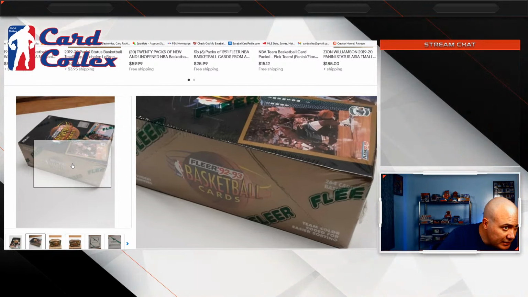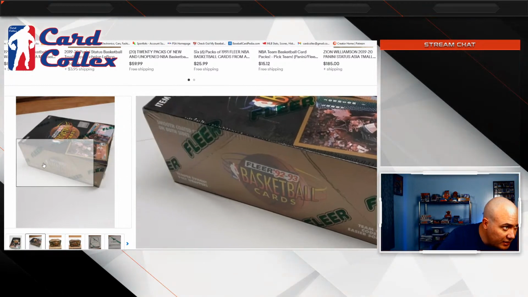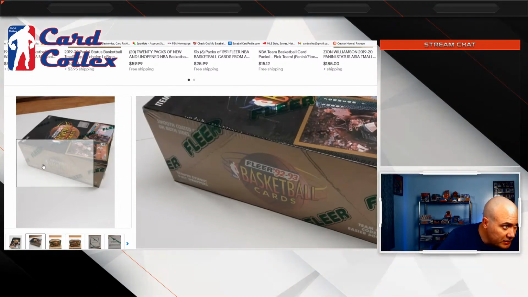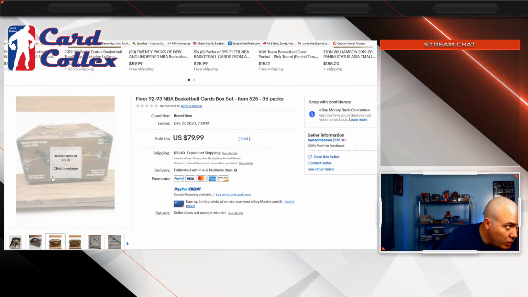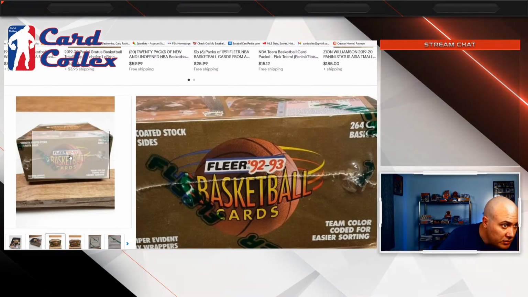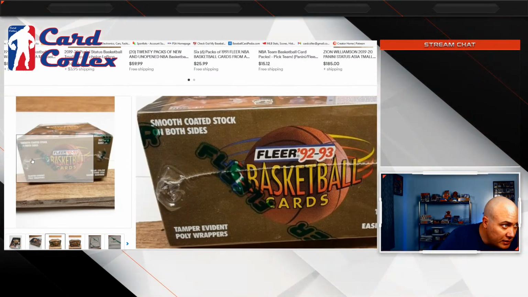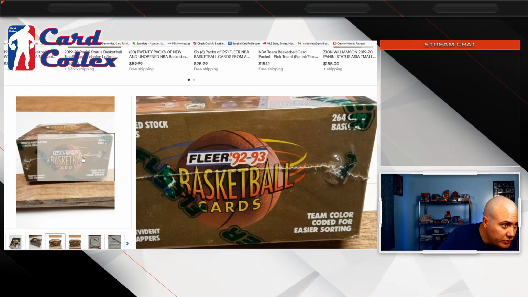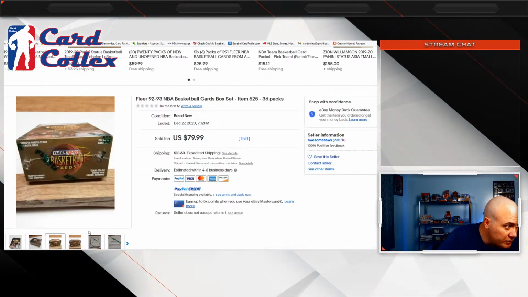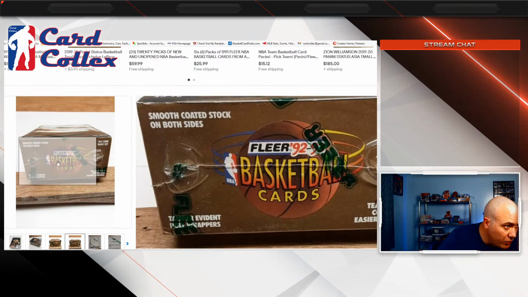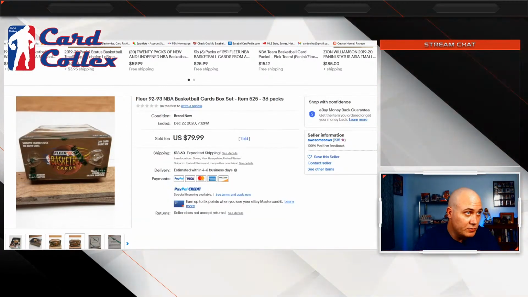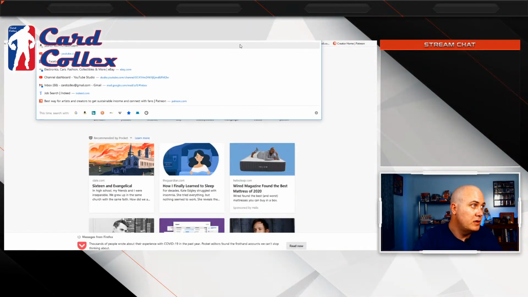This says 264 card basic set. No, that's not right. Series 1 might have been 264 cards, but I know the whole set is more than that.